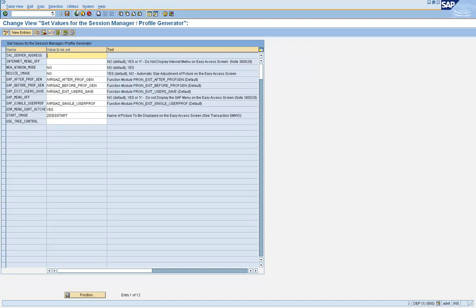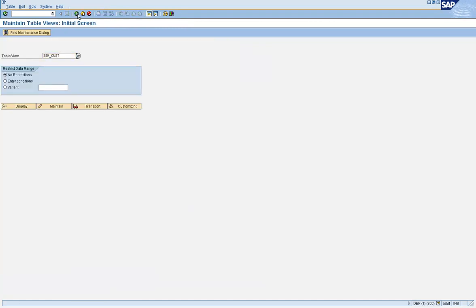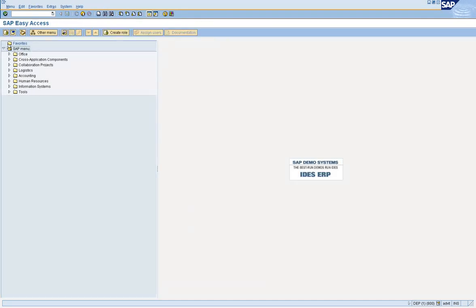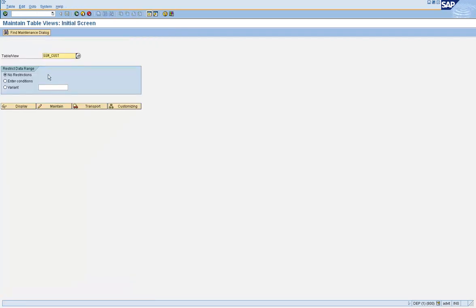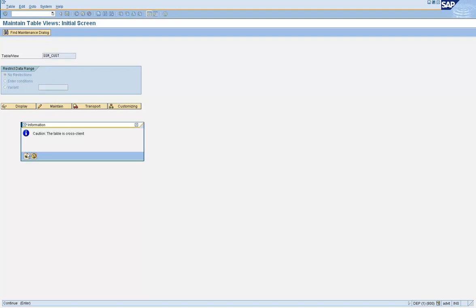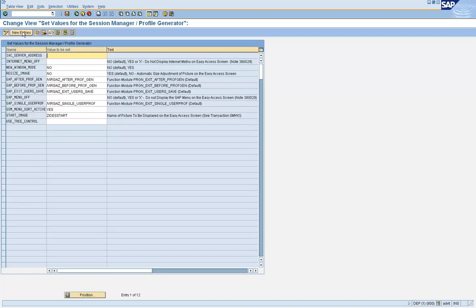Now, let's say the customer's decision is to disable access to the SAP menu. Like this is the SAP menu, so you need to disable it. So you go to SSM_CAST, click on maintain, and let's add the parameter. Here the parameter is already added.